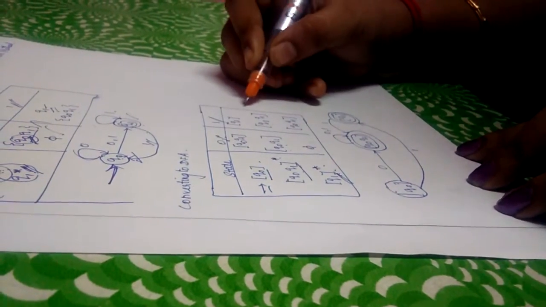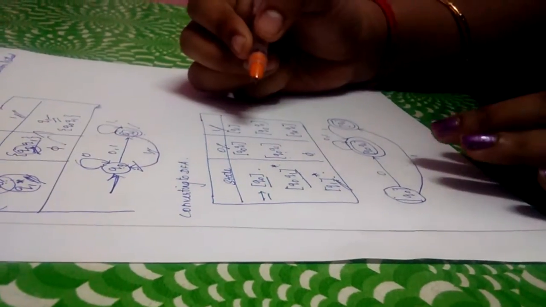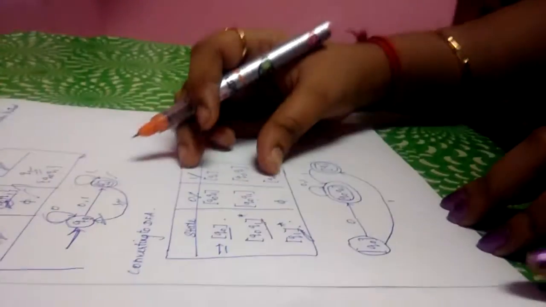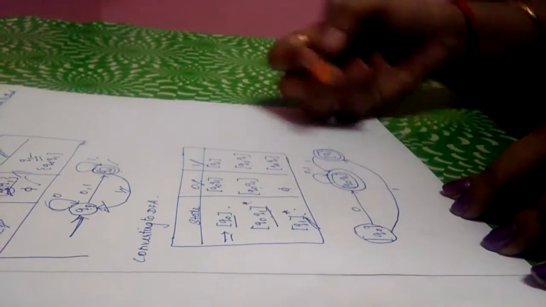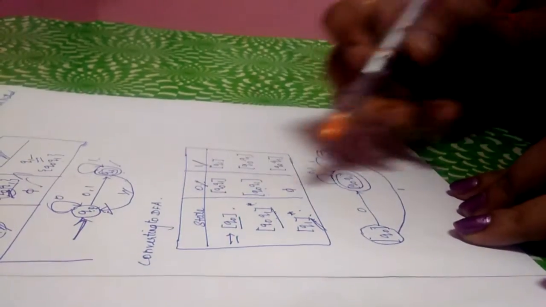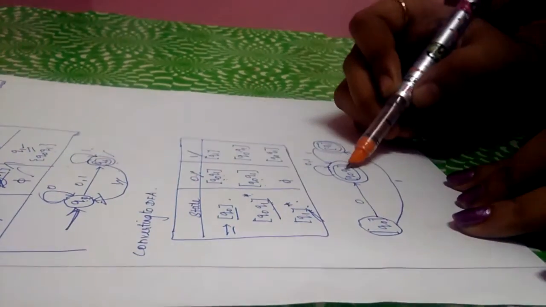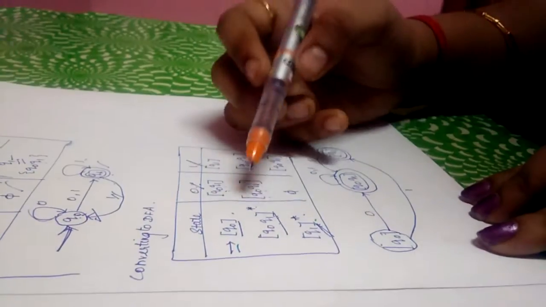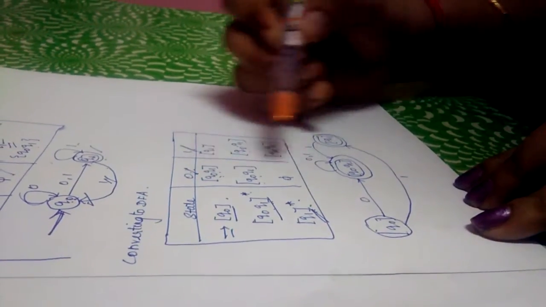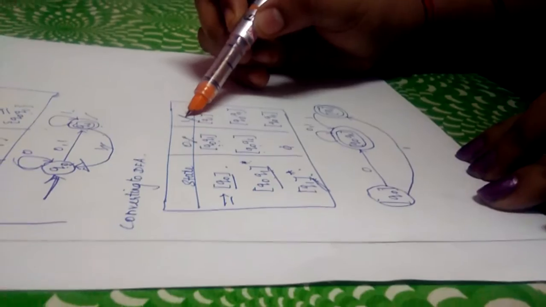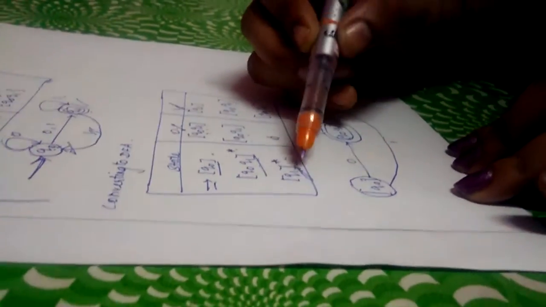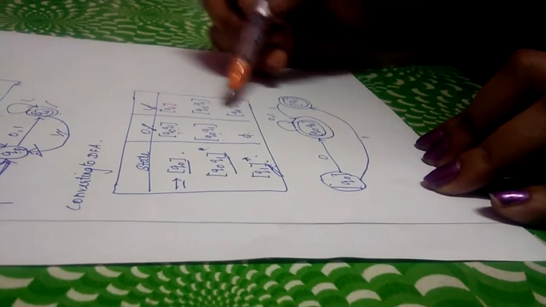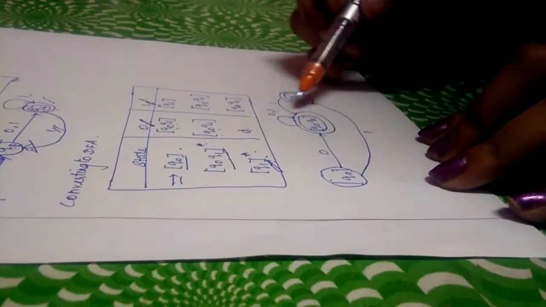This table is specifically made for the DFA. By constructing this table we have to convert the NFA into DFA. Similarly from this table we have to draw another transition diagram for the DFA. So Q0 at the input 0 goes to Q0 and Q1, and again Q0 for the input 1 goes to Q1. Again Q0 Q1 at the input 0 made a self transition, and for input 1 it also made a self transition. And Q1, the value at input 0 is phi, and Q1 for the input 1 is Q0 and Q1. From this we have to make the